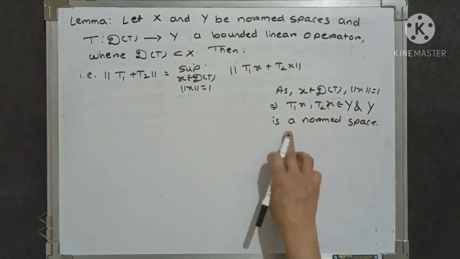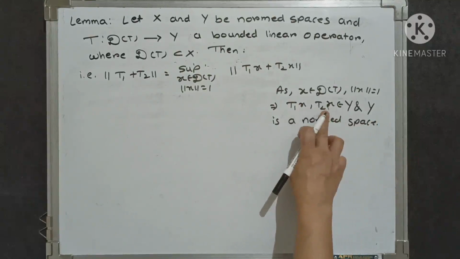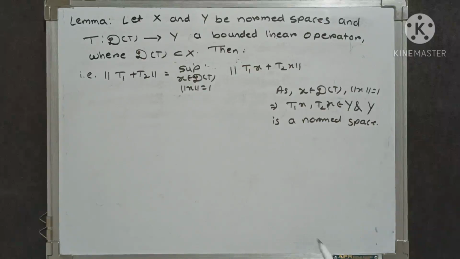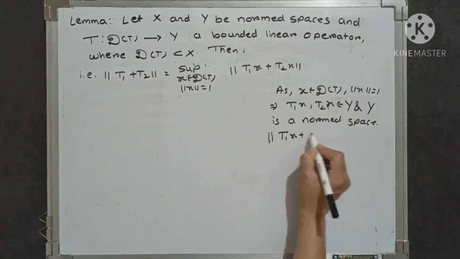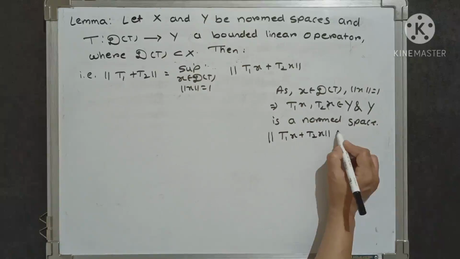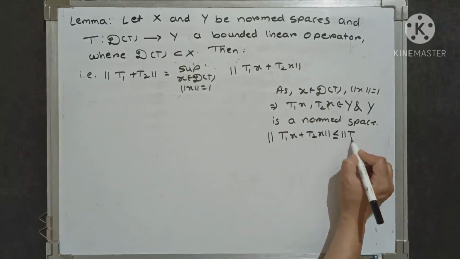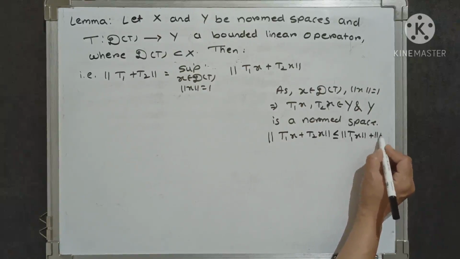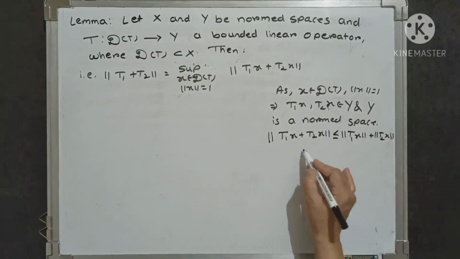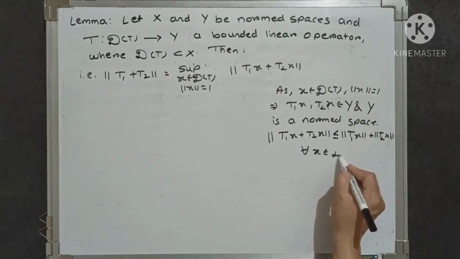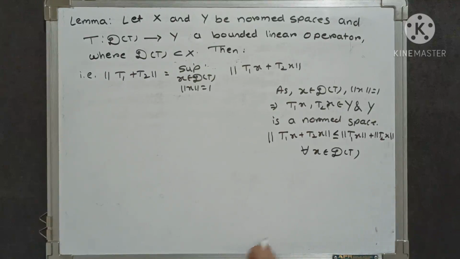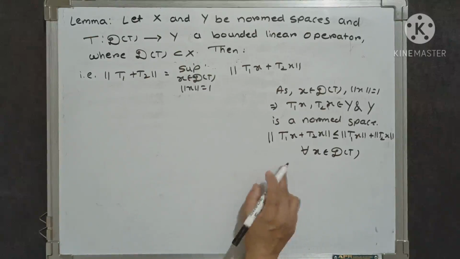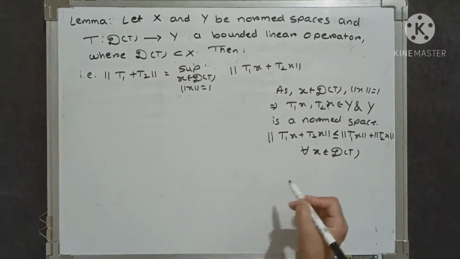Therefore, as capital Y is a norm space and T1x, T2x both are elements of capital Y, norm of T1x plus T2x is always less than or equal to norm of T1x plus norm of T2x, and it is true for all x belongs to D(T). As it is true for all x, it is true for the supremum also, and therefore we can write down